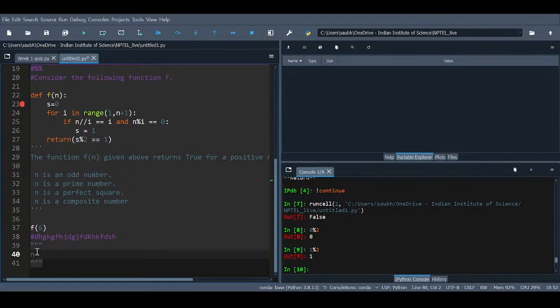So n by I is equal to I, correct? And since n mod I is equal to 0, from there we can also say that n divided by I is equal to I. Now we consider this, n by I is equal to I. If I move the I to here, n is equal to I square, correct? I into I. Or I can say that I equals n